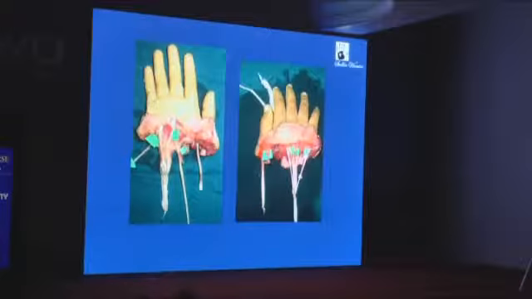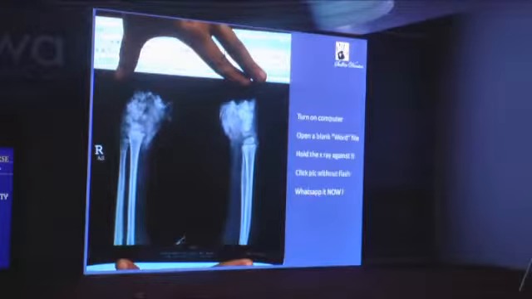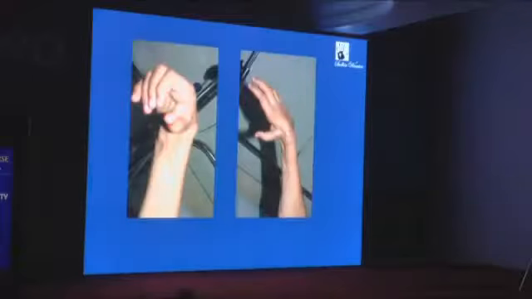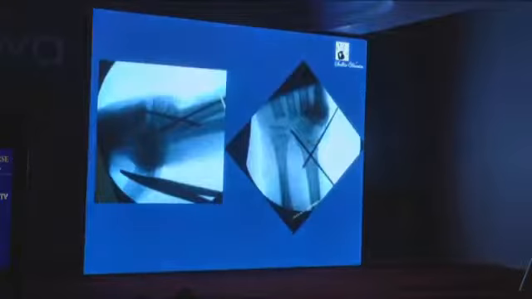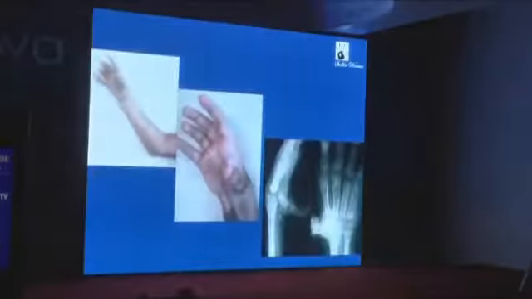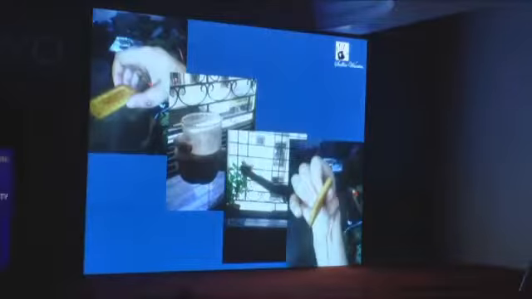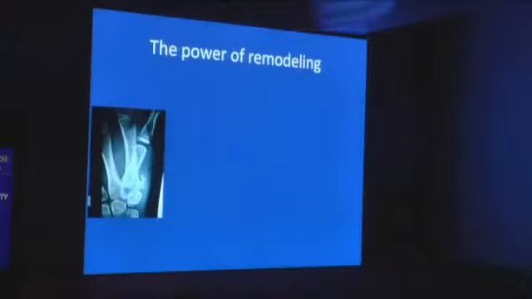Some of them are not reconstructible, like in this one where you just can't reconstruct it. We won't go into that. So you just avoid the CMC joint. Here we've shortened everything, we put it together, and the reason I've brought this is to show you the limitation of what we did and how important it was. We did an osteotomy of the distal radius, got everything back into place, etc. But this is the limitation of the thumb function, which looks fairly good on pictures, but you can see the shape and you can see the movements completely affected. So it only functions like a post. So that joint is extremely important.